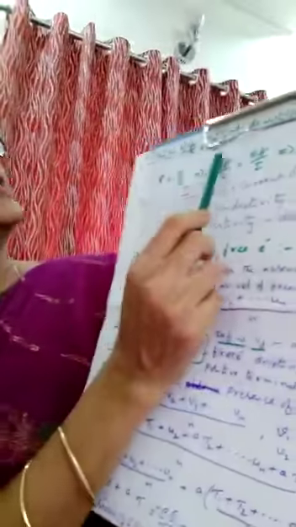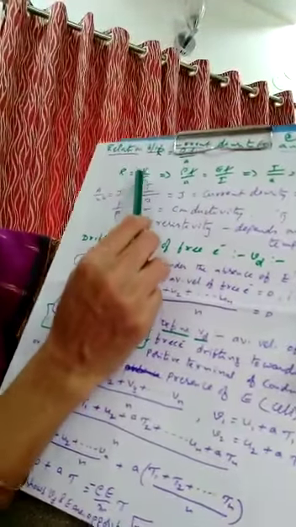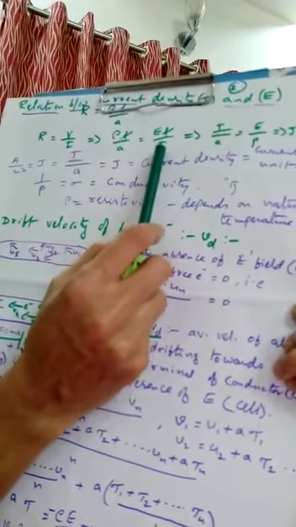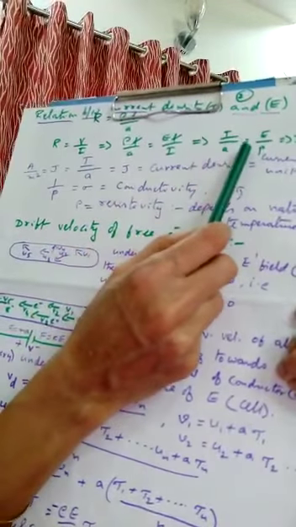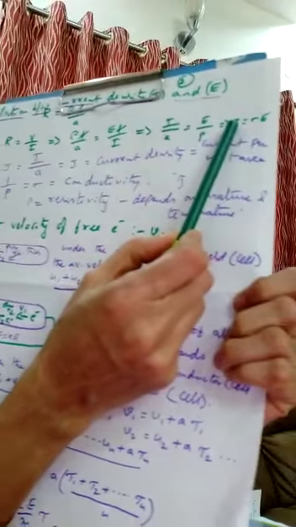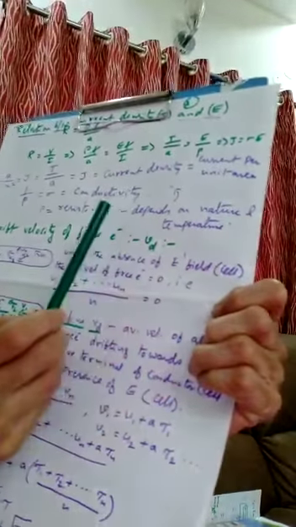Okay, so in this class, let us find out the relation between the current density and E. Again we are going to do it in detail here. So you see, R is equal to rho L by A. R is equal to V by I, that is rho L by A is equal to V by I, which is EL by I. L and L get cancelled, I by A is equal to what here? E by rho. That is I by A means J, current density, and 1 by rho is called sigma, and E is electric field intensity.